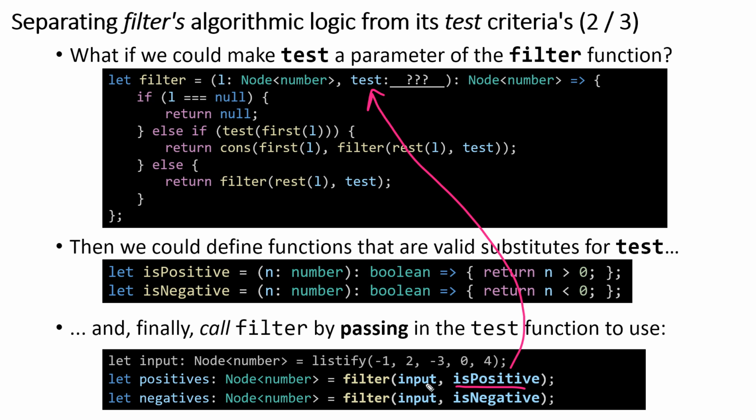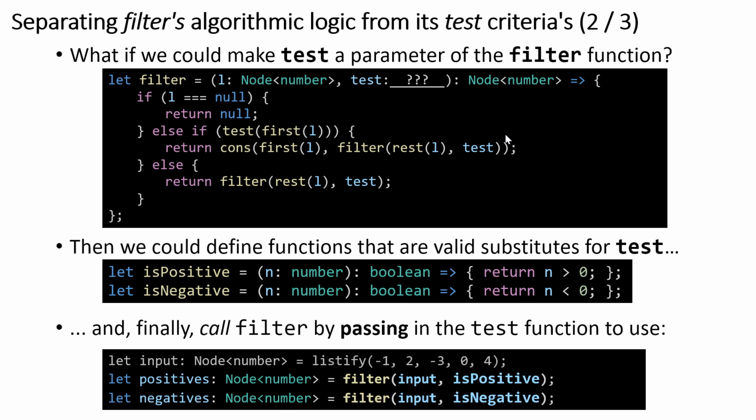So we call filter, we give you the list of inputs, and then what we'd love to be able to do here is say, hey, use this is positive function as your test function, right? So this would allow us to substitute in any logic we wanted at this position, right? Similarly, we could use that exact same filter function to pass the function is negative to be the test function. And this would give us a way of substituting or plugging in the logic of these two functions for this